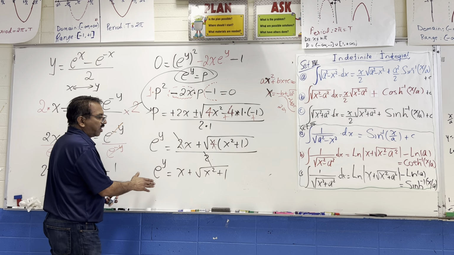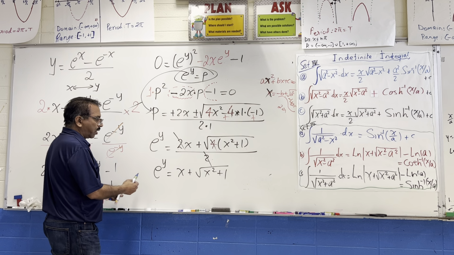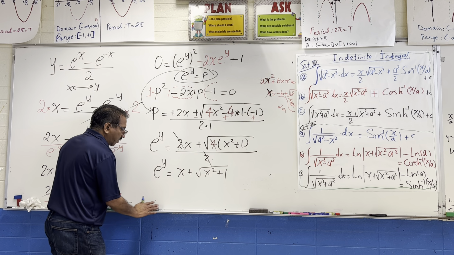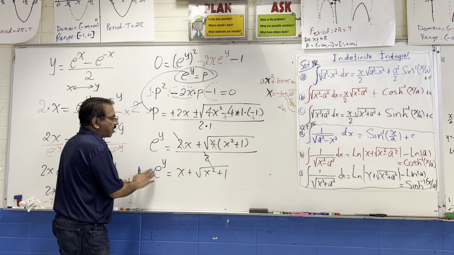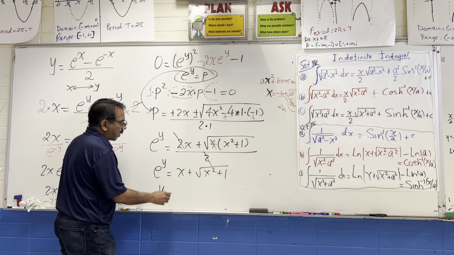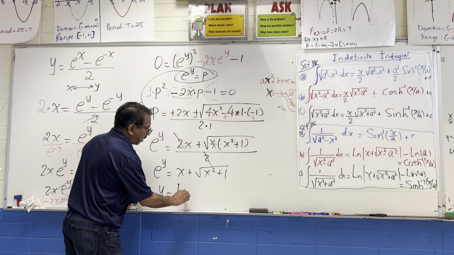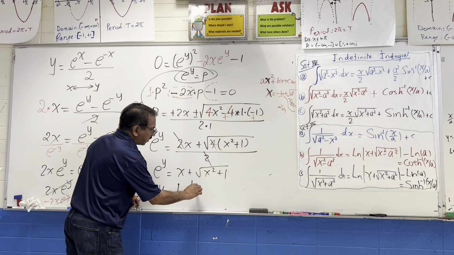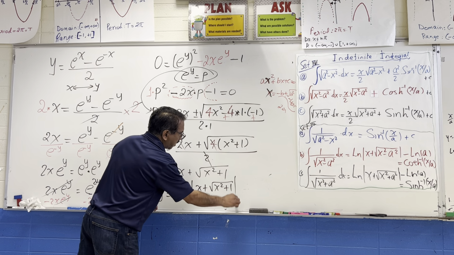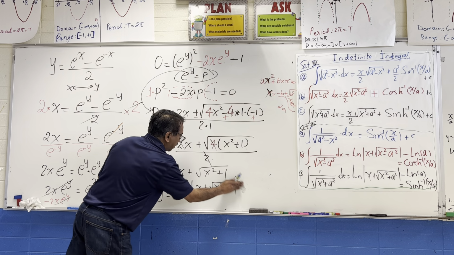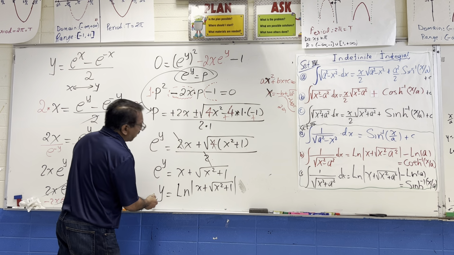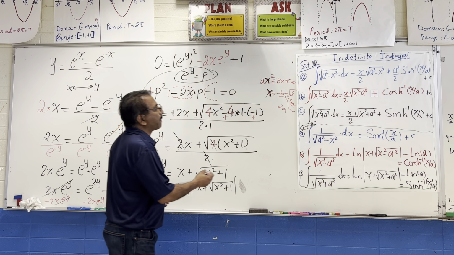And then change from exponential to logarithm form. By definition of logs, the definition of logarithm is, if e raised to y is that, then we say y equals, this y equals ln of x plus square root of x squared plus 1. So this is what you get. That means the new function, the inverse function, remember,